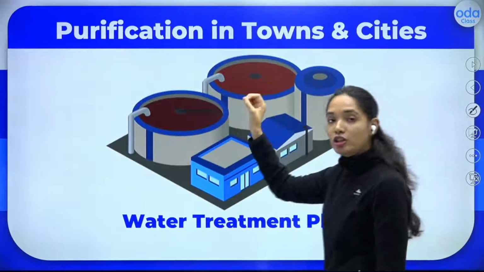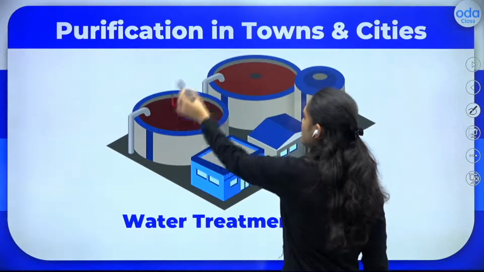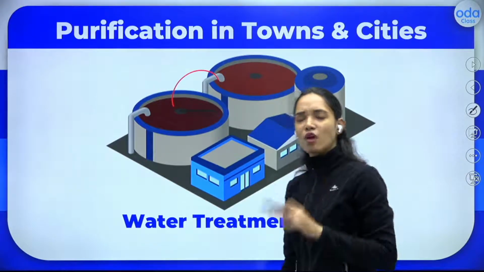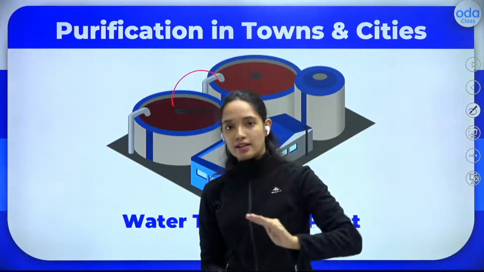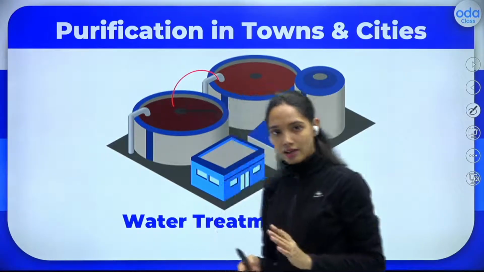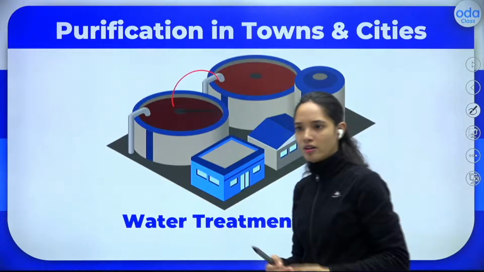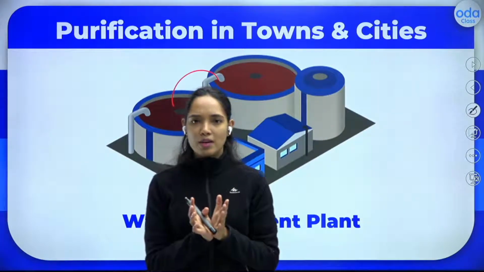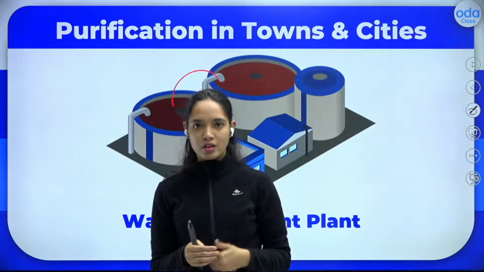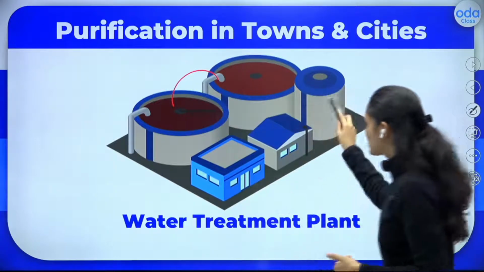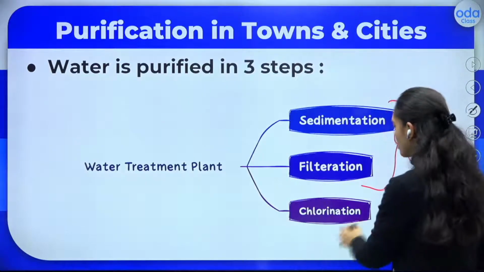They allow the water to settle down. Okay? Once all those impurities have settled down, they decant it and filter it using filtration. The way we use filter paper as a medium, they use other filters to filter the water. Once that filtered water is collected, it undergoes the next step, the final step, that is